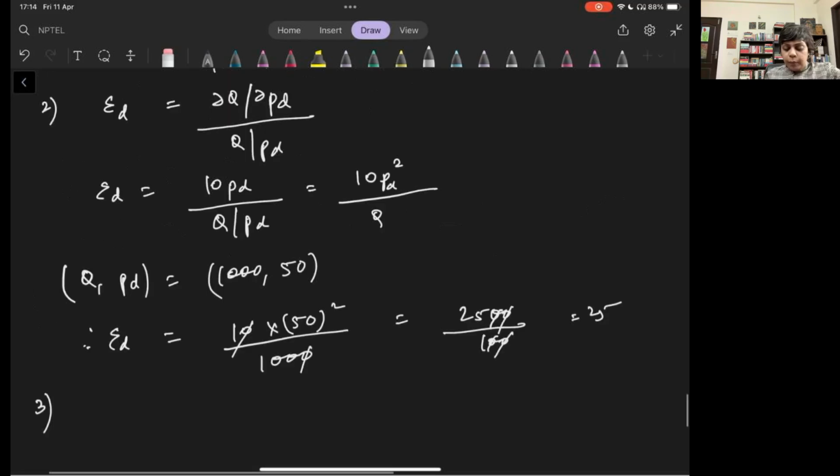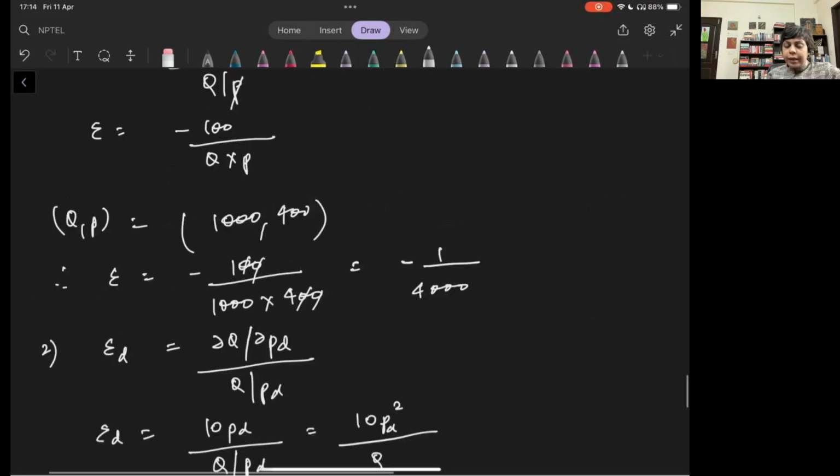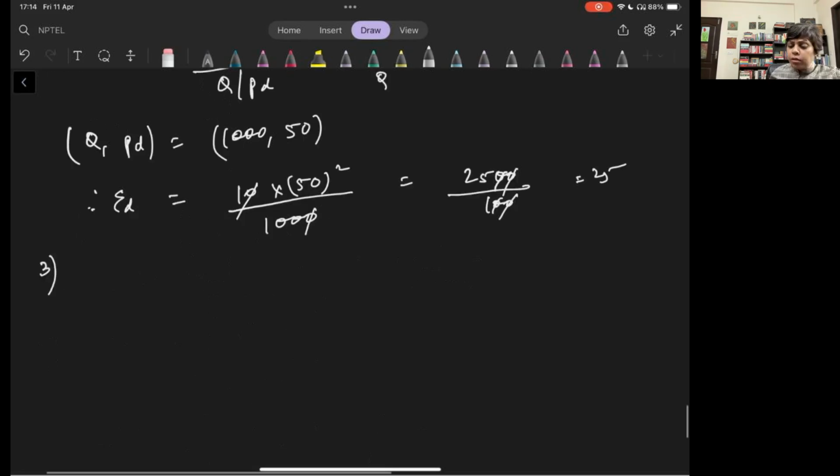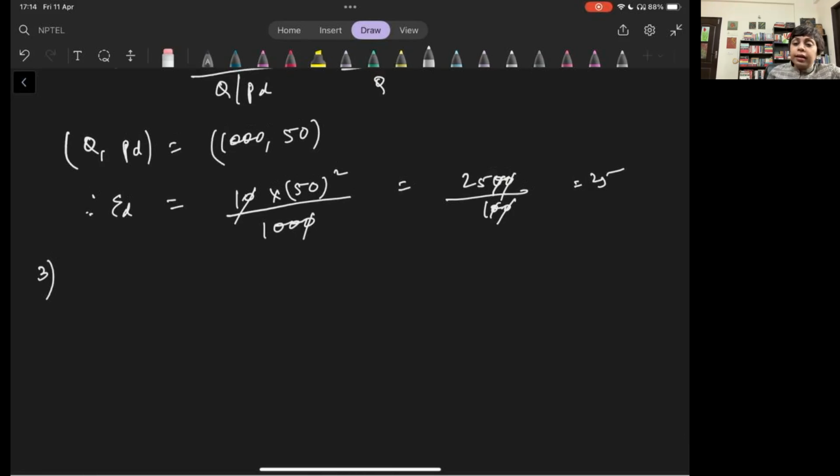And here you see, for example, the price elasticity of demand is negative, minus 1 upon 4000, meaning some change in price causes a very small change in quantity demanded of books, but there is a change and it's a negative change, right? An increase in price causes a reduction in the demand for books. For digital books, an increase in the price of digital books is causing a pretty significant increase in the demand for textbooks. So they are substitutes, right?